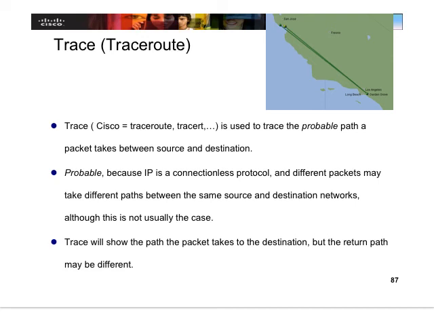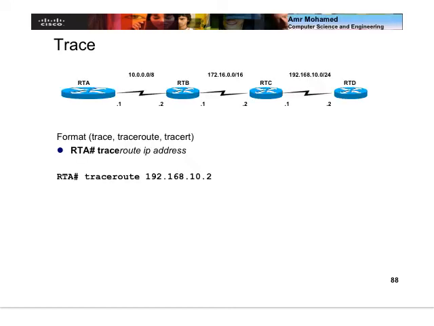So when you do a traceroute, you actually trace the possible or probable routes that the packet takes to go forward and to come back from the destination. So this is traceroute. So when router A sends the ICMP message,